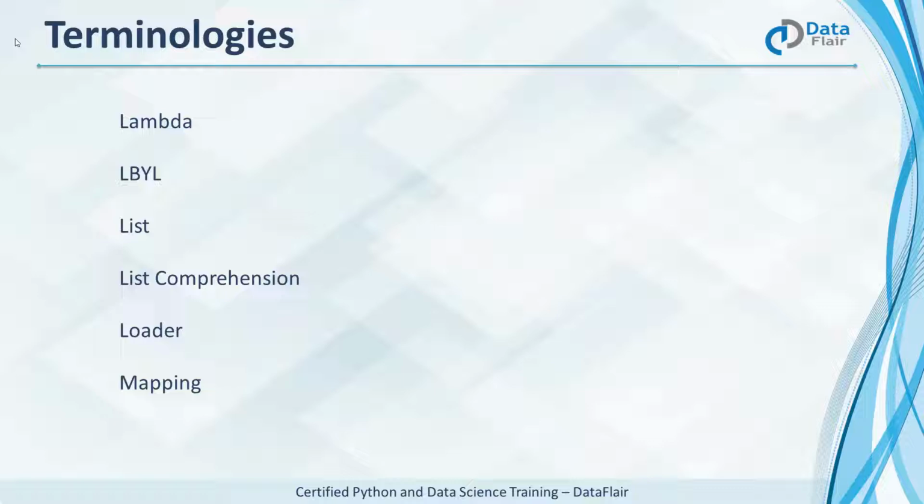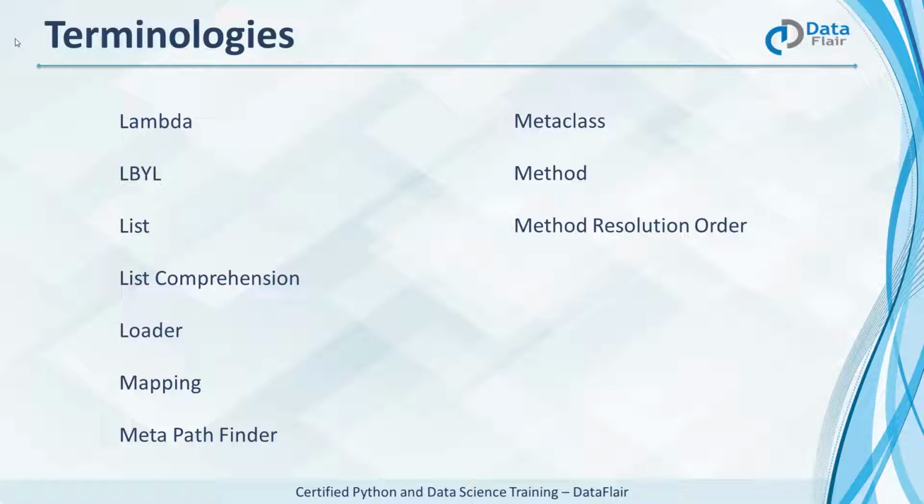Mapping is a container object that supports arbitrary key lookups. The meta pathfinder is a finder returned by a search of sys.meta_path. And a metaclass is a class of a class. It takes a name, a dictionary, and a list of base classes and creates a class from these. A method is a function defined inside a class body. Each method takes the self parameter. And the method resolution order is the order in which the interpreter searches base classes when we look a member